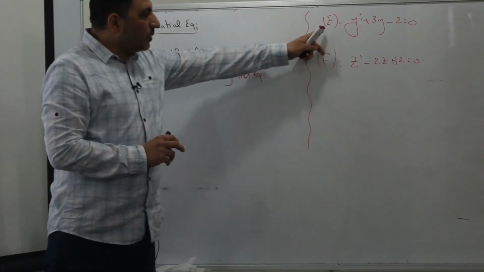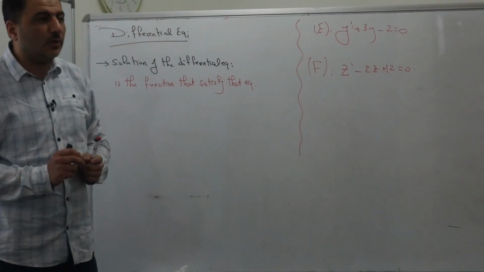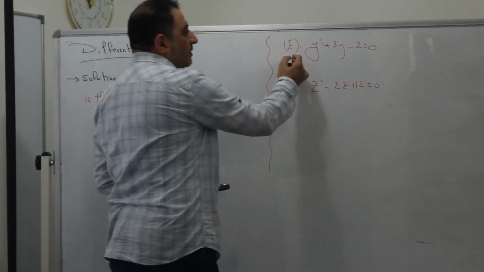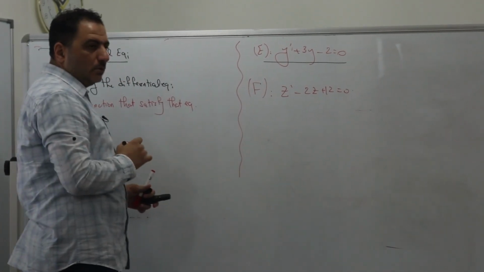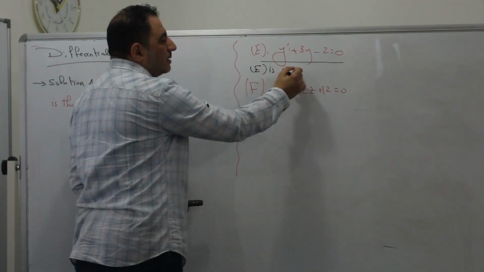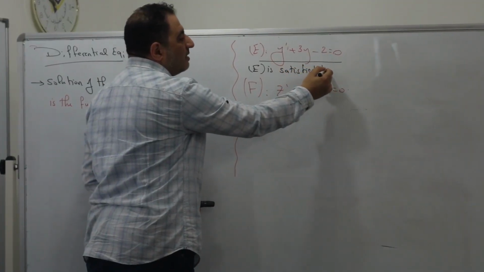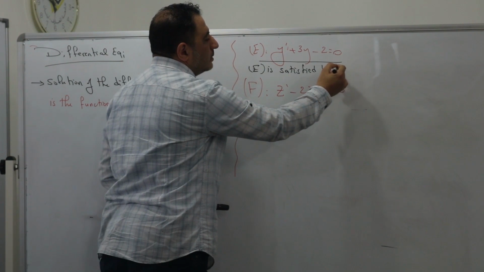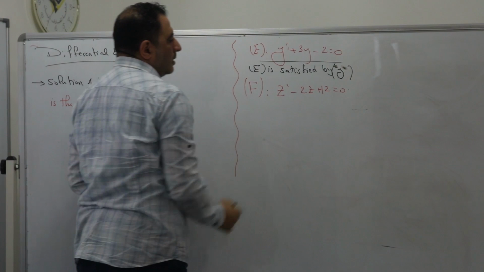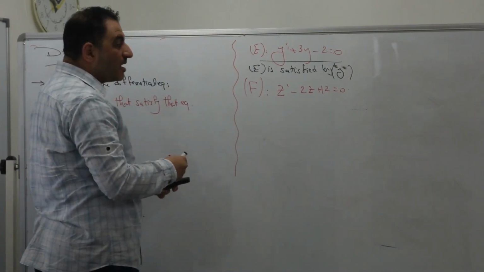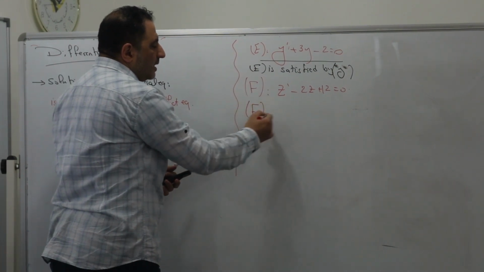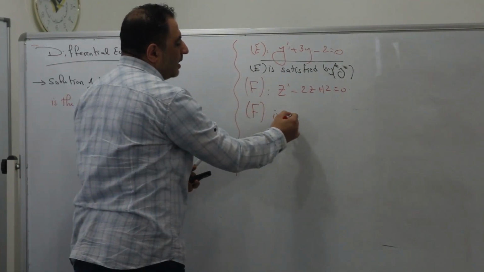Now observe, this is an equation E and this is the equation F. What is the difference between them? In math, we say the following. E here is in terms of y prime, y and the constant 2. We call that E is satisfied by the function y. While in F, the variable here is z. So, as this equation, but we say that F is an equation which is satisfied